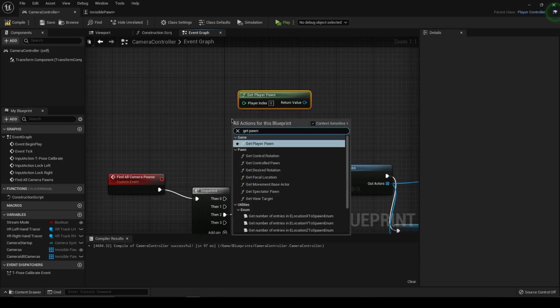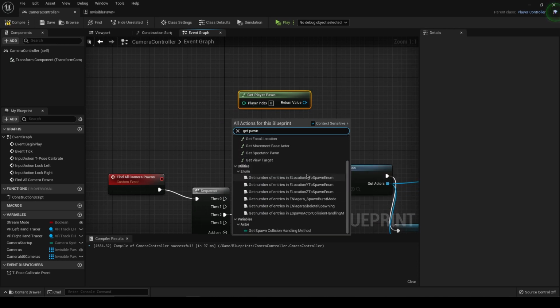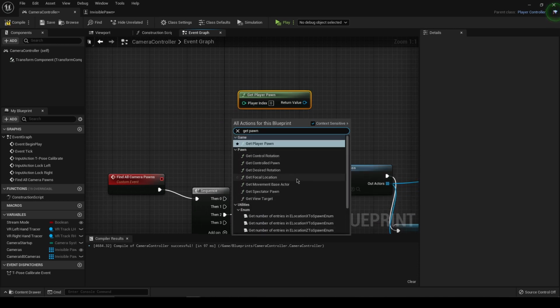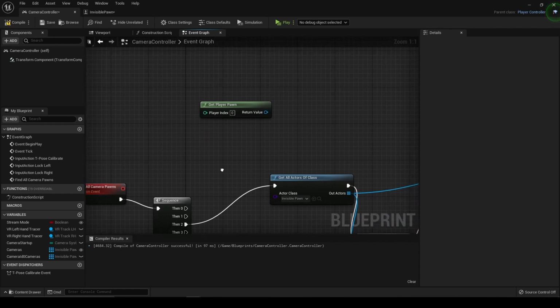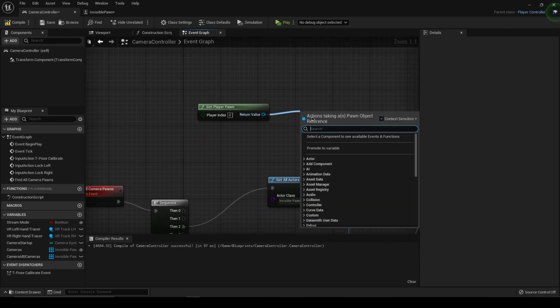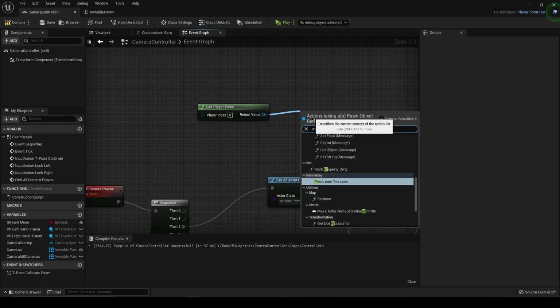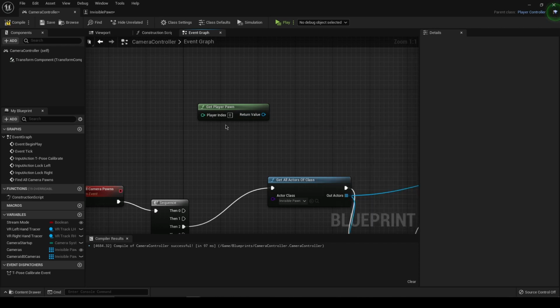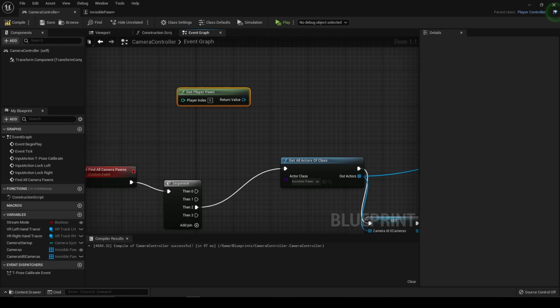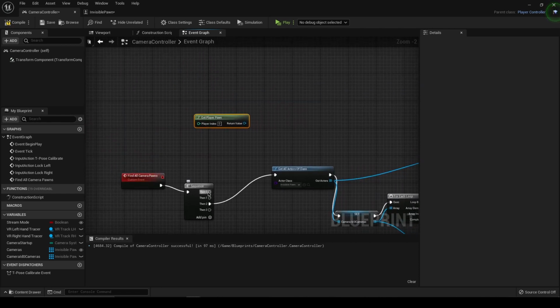Get pawn. All right. So, I probably should promote that to a variable, but basically I'm gonna start by